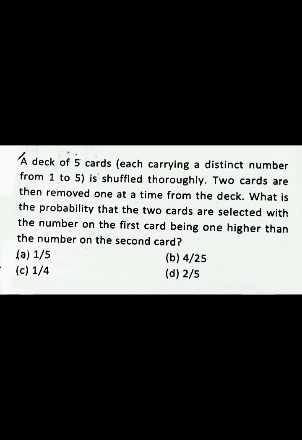Next question is, a deck of 5 cards each carrying a distinct number from 1 to 5 is shuffled thoroughly. 2 cards are then removed one at a time from the deck. What is the probability that the 2 cards are selected with the number on the first card being 1 higher than the number on the second card? So here the